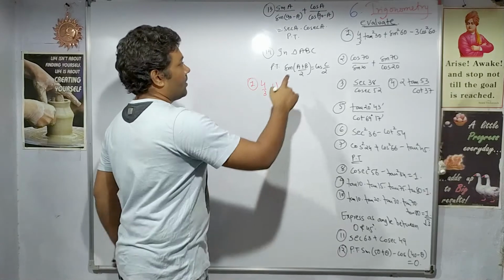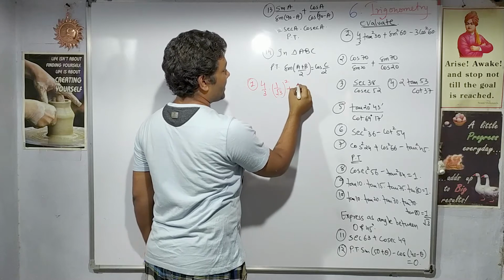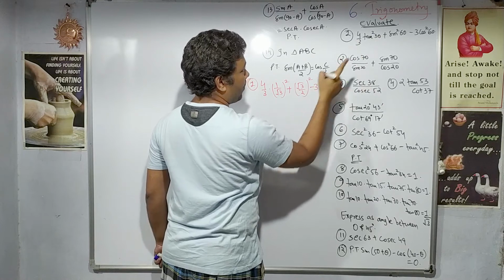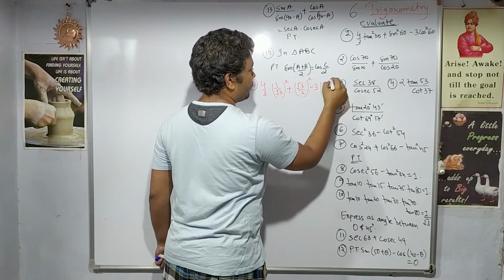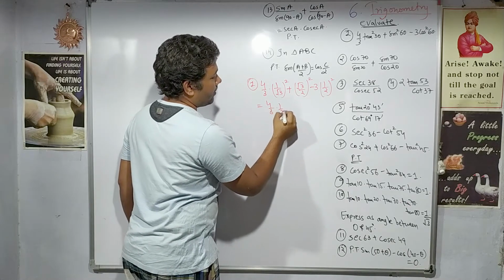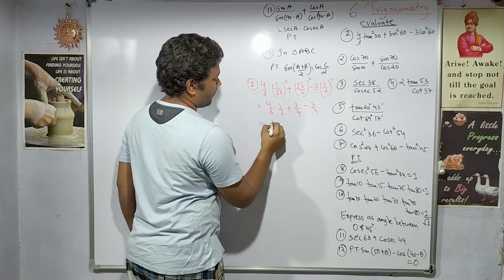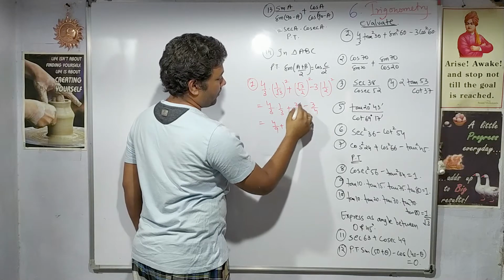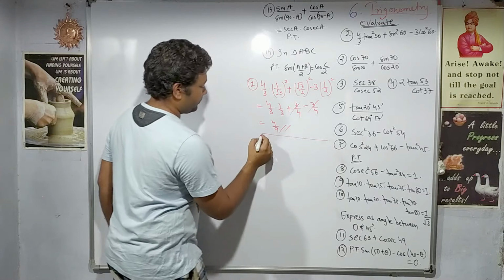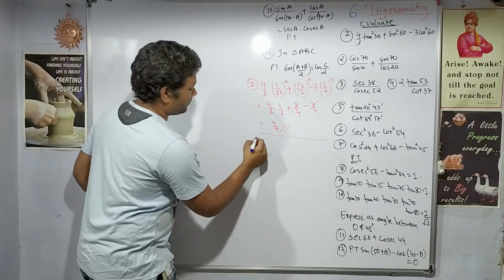Let's start. So 4 by 3, value of tan 30 squared. Sin 60 is root 3 by 2, square we have. Then 3. Cos 60, its value is 1 by 2, and we have square. If we simplify this, dot means multiplication. Cancelled. So the answer is 4 by 9. Simple. Second sum.